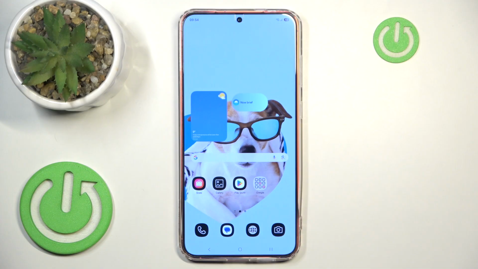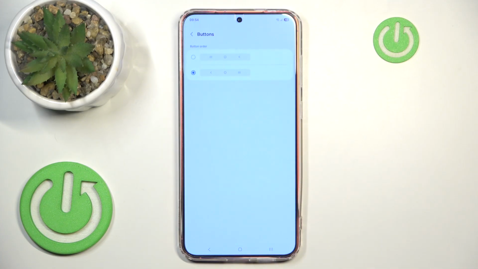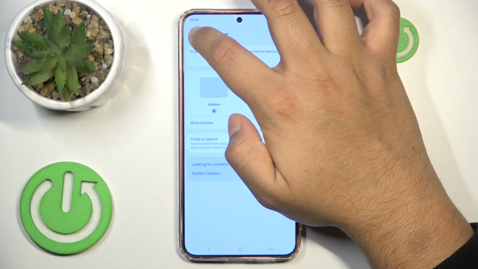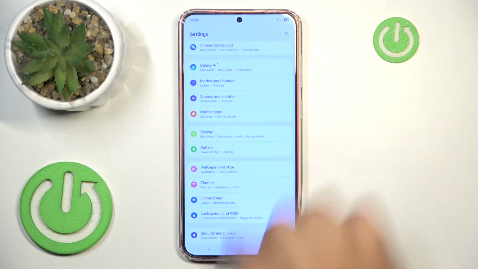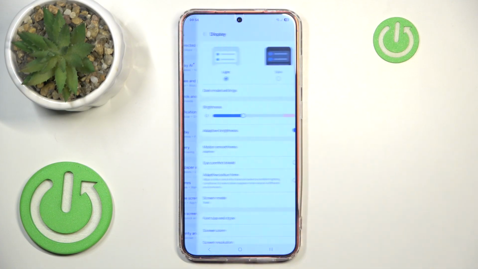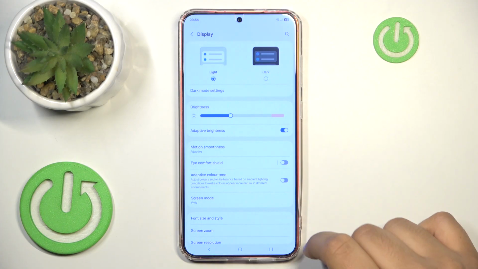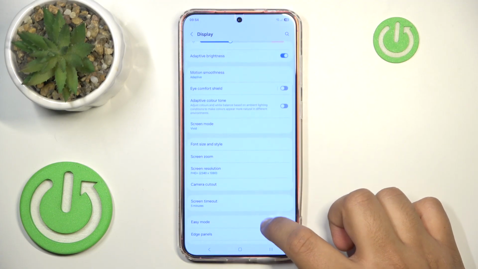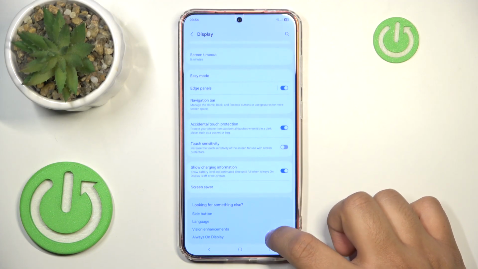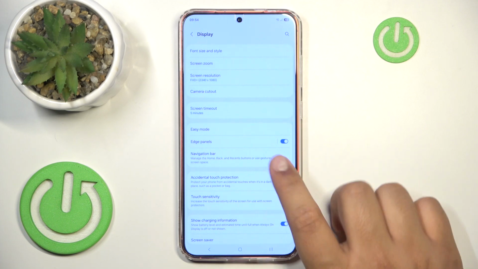Okay, so the first step of the operation would be going to the settings, and here in the settings find the display section, and now we have to find the navigation bar tab,